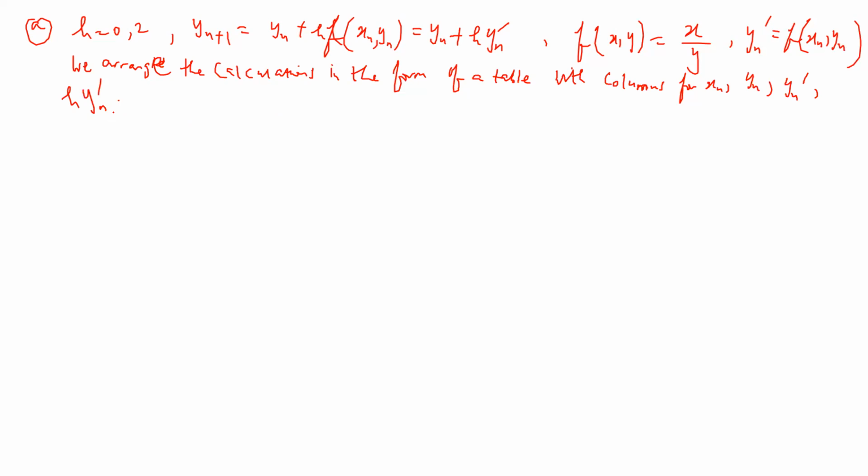Now the table will be filled one row at a time. We use xn, yn to find the next thing. So which means therefore that xn